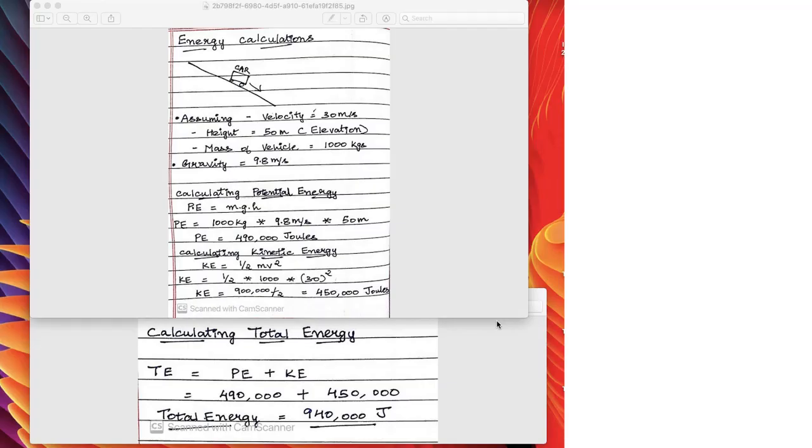Finding the energy calculations and formulas, assuming when the car travels down the slope. So assuming that the velocity of the car is 30 meters per second, the height or elevation of the road is 50 meters, and the mass of the vehicle is 1000 kilograms. Now calculating the potential energy using the formula PE equals mgh and recording the results in joules, and calculating the